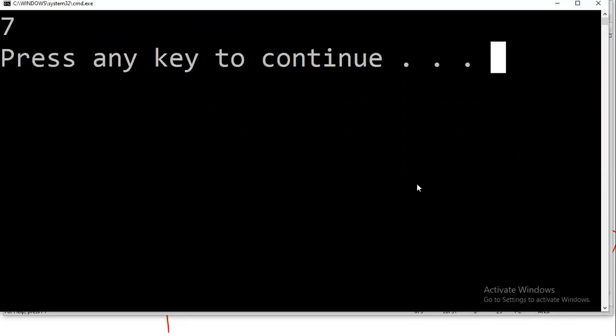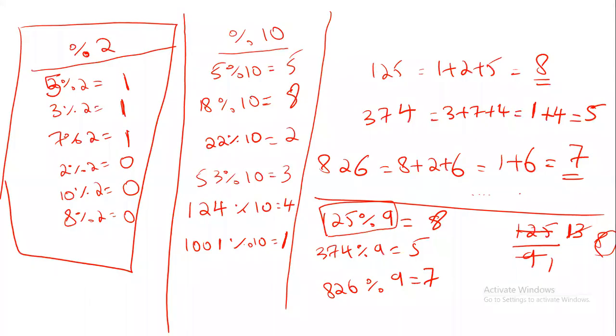See, the answer is 7. Okay, we got the same answer there. But I'll tell you, there is a small twist here, because directly you can't print this answer. Think of a single digit number, 9. What is the sum of 9? The sum of 9 is 9. So if I do 9 mod 9, what's the answer? 9 mod 9 is 0. Which means whenever you see the answer as 0, the only reason is that the sum is actually 9. So if the sum is 9, then the answer will be 0.